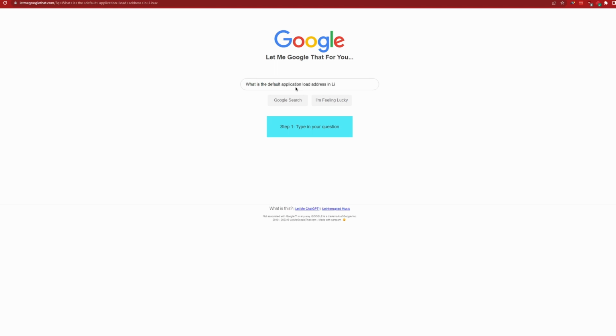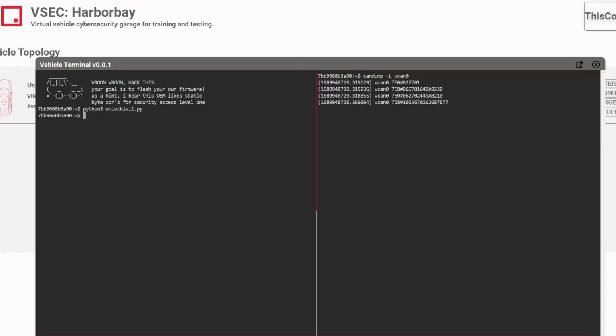When you have the ECU unlocked with Security Access Level 1, which you would know how to do from the previous challenges, and you also think you have the load address, let's try to read 4 bytes just to see if we get anything. When we attempt reading our bytes at this address, we get the response from 7E8 of 04 7F 45 4C 46. And this is a really good sign, because not only did we get a positive response and the data requested, but at the end of the data returned, we see 7F454C46,